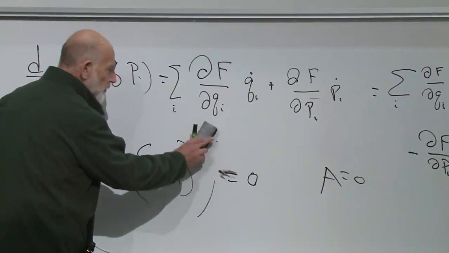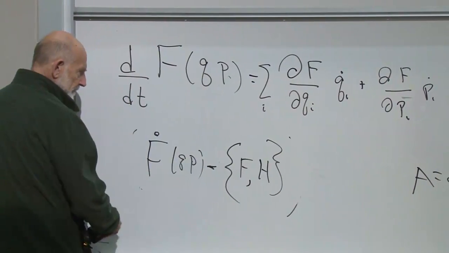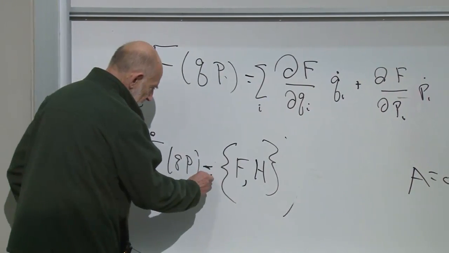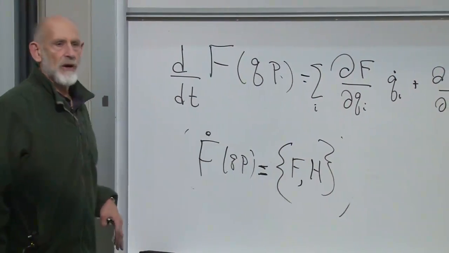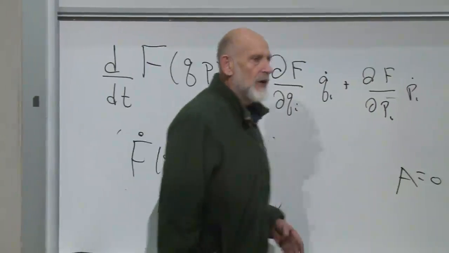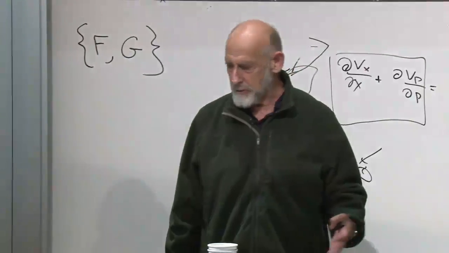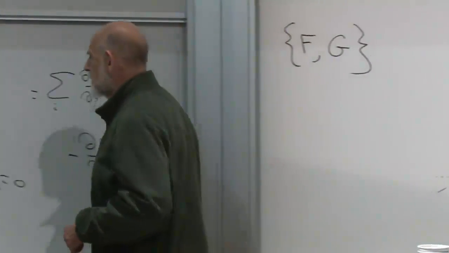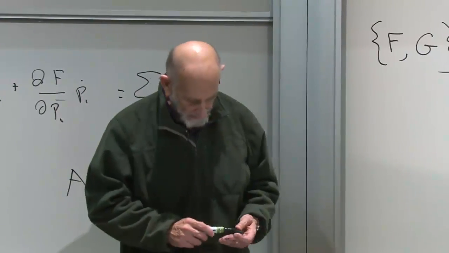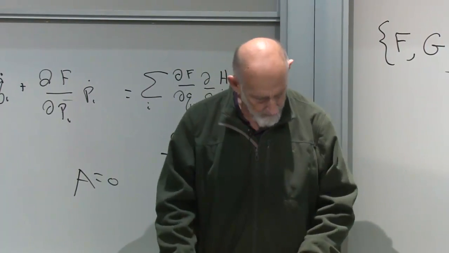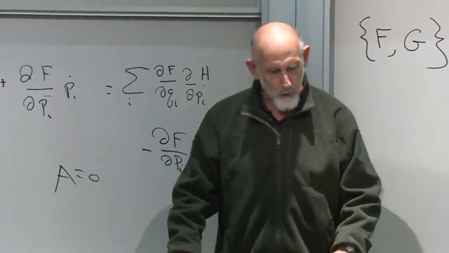Now, if this was all there was to it, then Poisson brackets wouldn't be all that interesting. But it's not. We're going to find out that all kinds of equations of physics can be expressed in terms of Poisson brackets. Symmetries, all sorts of things, that the Poisson bracket is a very central thing. And we'll spend a little bit of time. We're not going to spend a lot of time at that, but I just wanted to show you how it works. Okay, next time I'll tell you a little more about Poisson brackets.